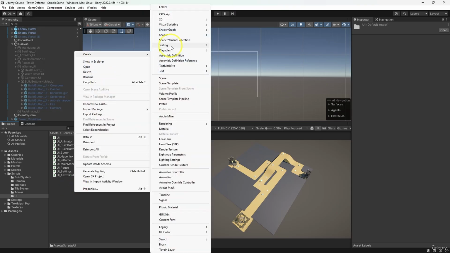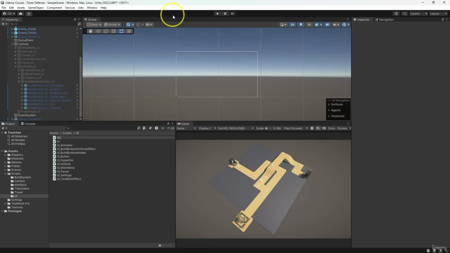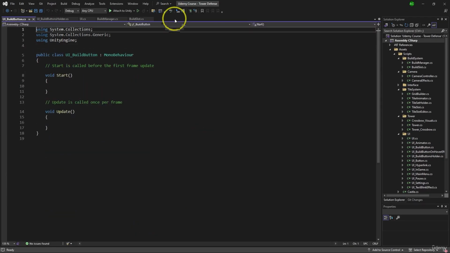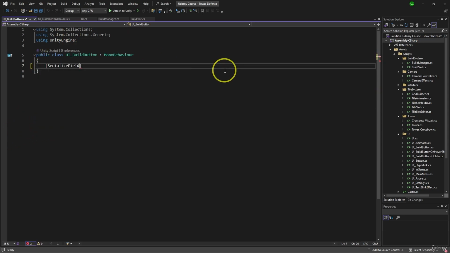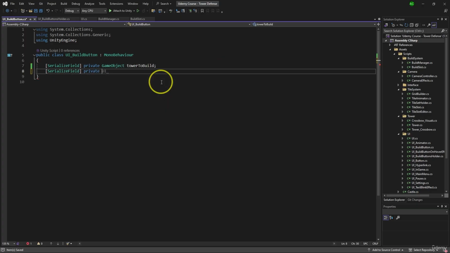Let's make UI build button. And over here, we want to have reference to the tower. So serialize field, private game object, tower to build. And then we need serialize field, private float, tower center Y. And I'm going to make it equals to 0.5 F by default, because I know what it's like for most